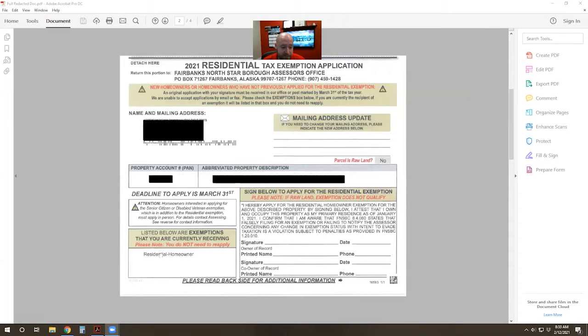If you look down in the bottom left-hand corner and you see that there is nothing there, like mine says residential homeowner, that could be an indication or a reason why you've seen your property rates increase. So for instance, one gentleman I spoke with the other day said he saw a 20% increase in his property value. And I said, well, let me ask, are you taking your residential tax exemption? Well, what's that? Well, it's a $50,000 adjustment to your assessed value. So if we go back up to the first page,